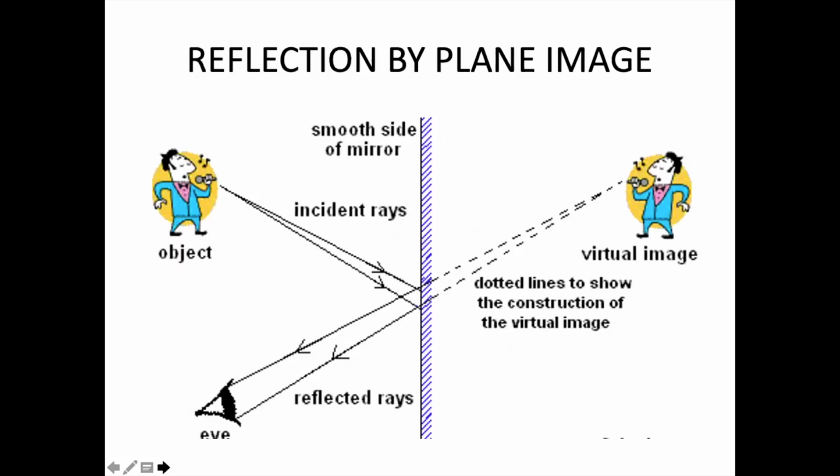This is a reflection done by a plane mirror. See, a person is standing in front of a plane mirror. Remember, whenever we are drawing a plane mirror or a curved mirror, the lines on the back indicate that that side is opaque, and the line in front shows which surface is the shining surface.